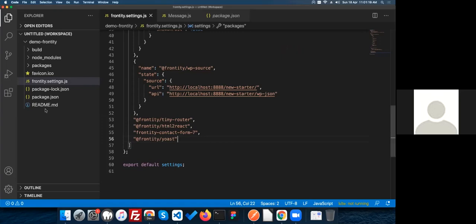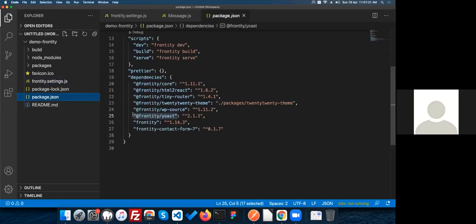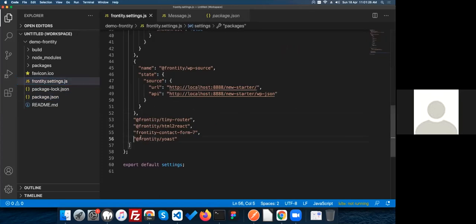After the package has been installed, you get the name of this package here. And in Frontity settings.js, you just need to paste the package name here. When starting the development, it will automatically fetch the metadata from Yoast to here.